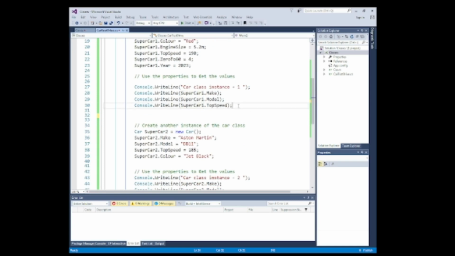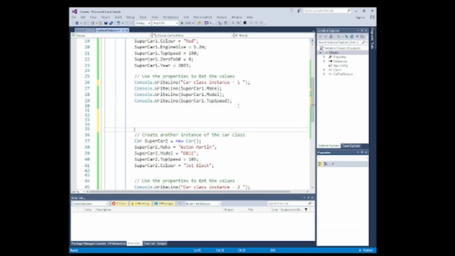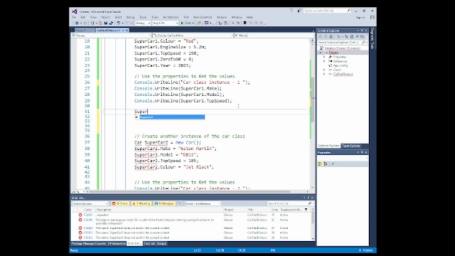So if I come down to, clean this up slightly, that's using the properties, and that is the second instance. So for this instance, we use a reference to the first instance, which is supercar1